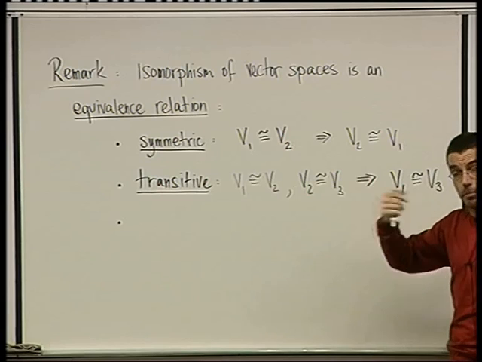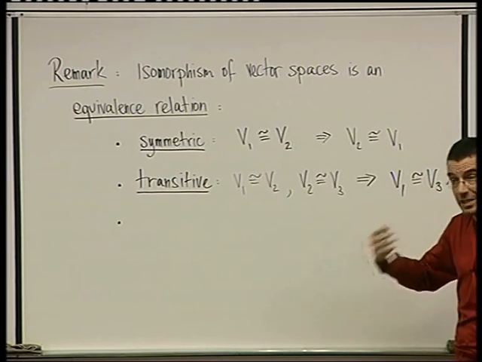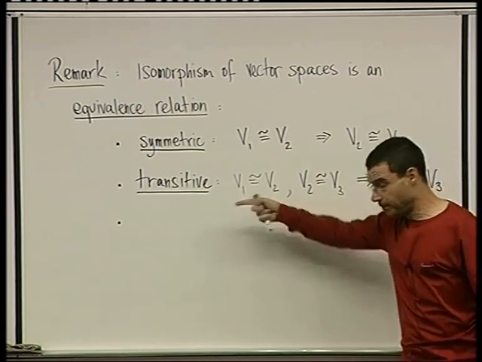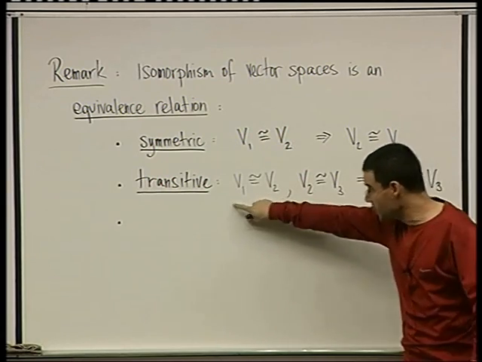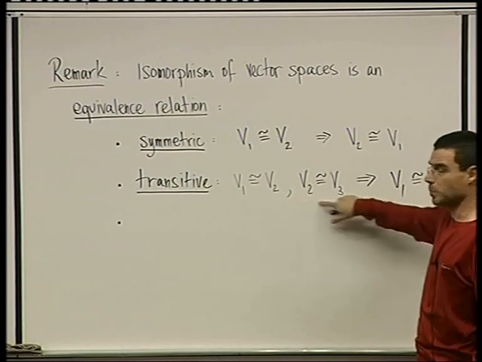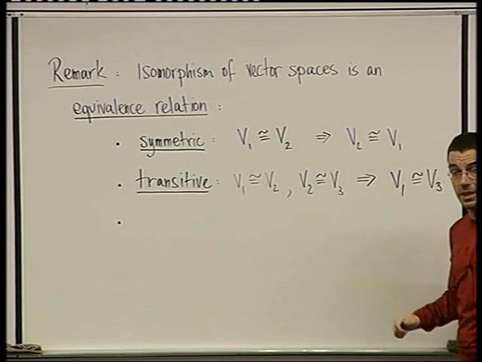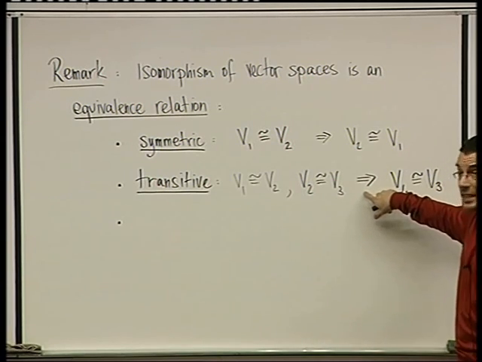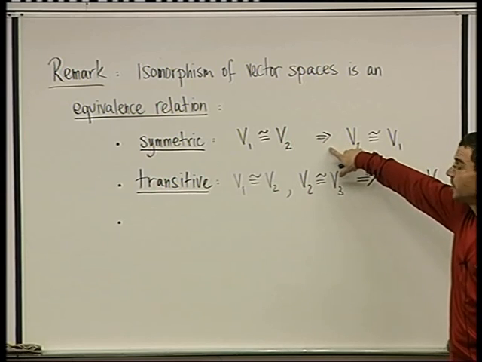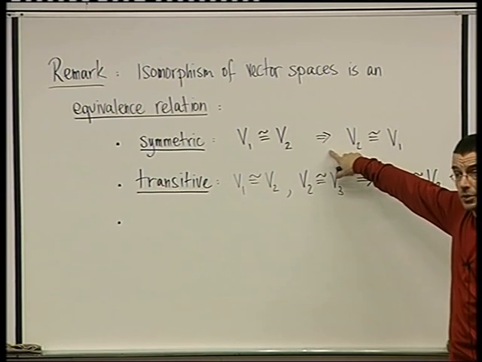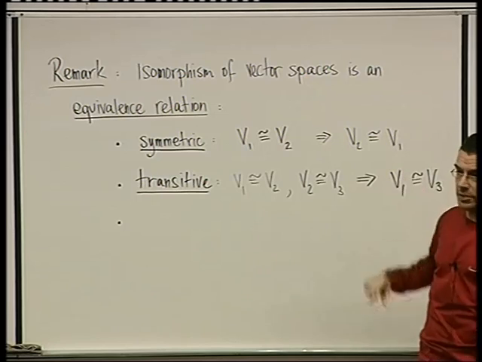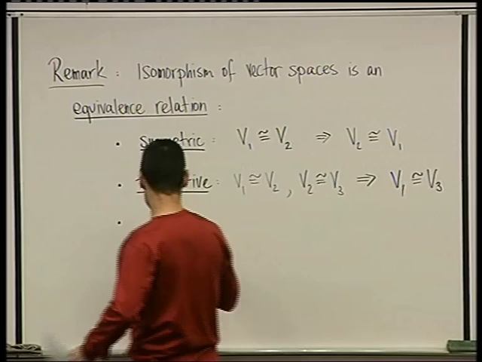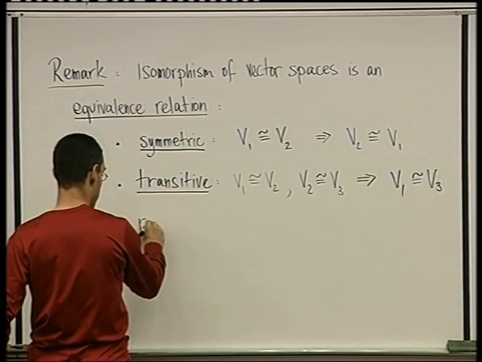Okay, we know how to compose linear maps. We know that when we compose linear maps, what we get is again a linear map. We proved that. And we know that in general, when we compose functions, if this one is one-to-one and onto, and this one is one-to-one and onto, so would be the composition. Okay? So here we're using the fact that we can compose linear maps. Here we use the facts that linear maps, which are one-to-one and onto, have inverses, and that the inverses are linear maps as well. Okay? So this is the property of being transitive, and the third property is the property of being